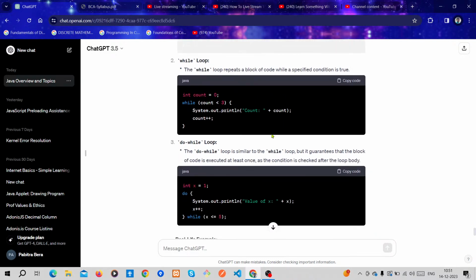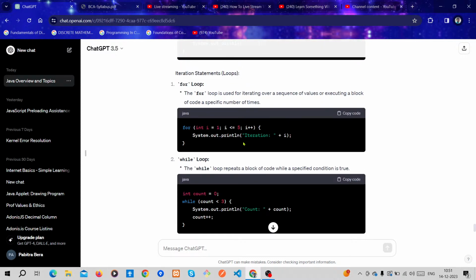In this loop you can see iteration plus i, which means iteration 1, iteration 2, like that it prints iteration 1 to 5.